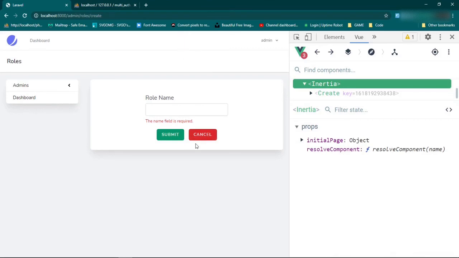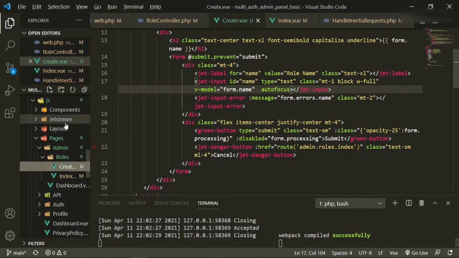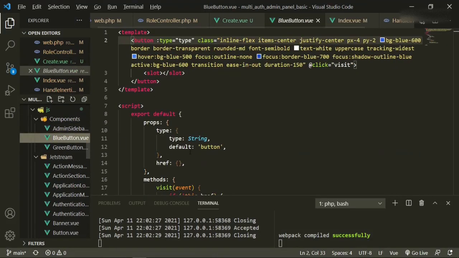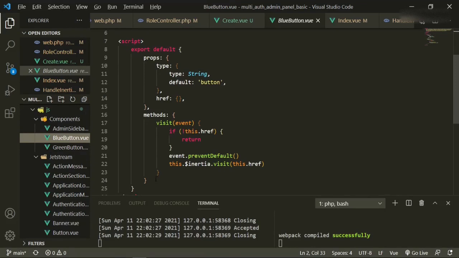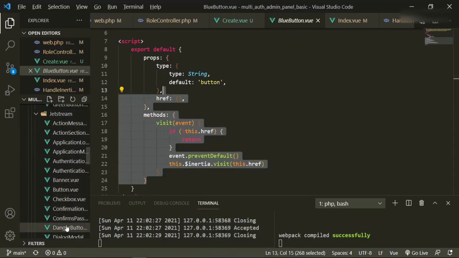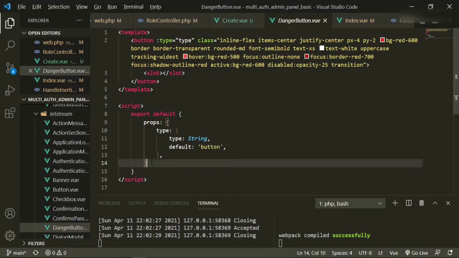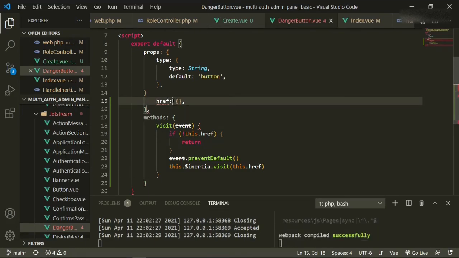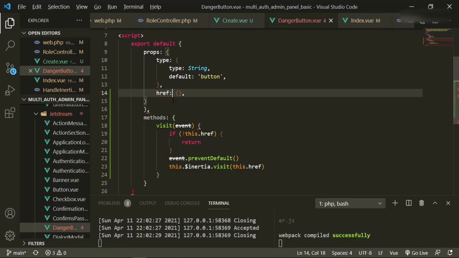And now let's also make sure this goes back to the roles.index, and nothing's happening. That's because we changed the buttons, the custom buttons that we made, but we didn't do it for the Jetstream danger button. So let's go ahead and do that real quick. We go into our blue button, let's say. We can just pretty much copy paste this and then fix it as we need it. So copy. Danger button. And we'll just paste that in here for right now. Okay, so this we can move up. And then we can get rid of this.